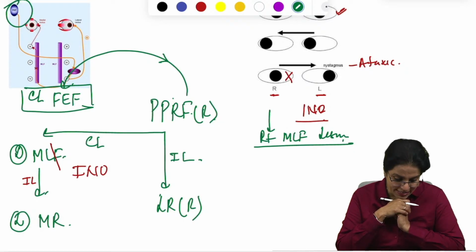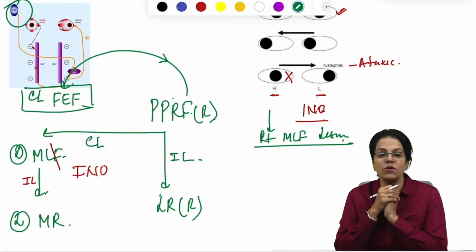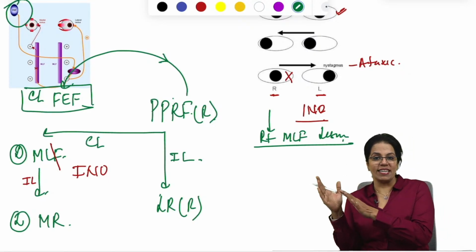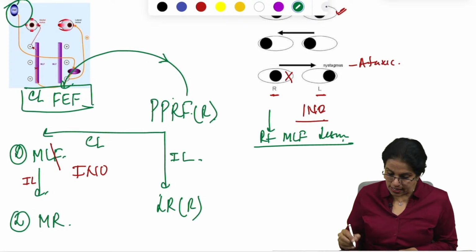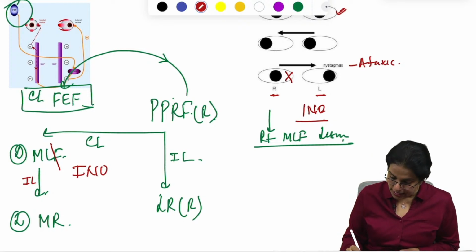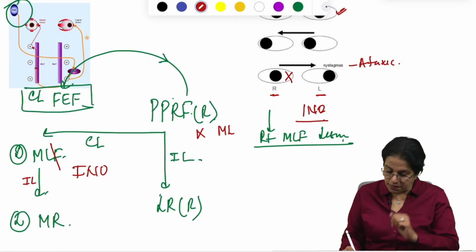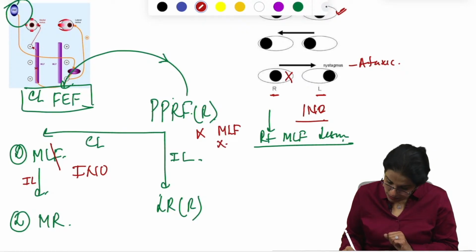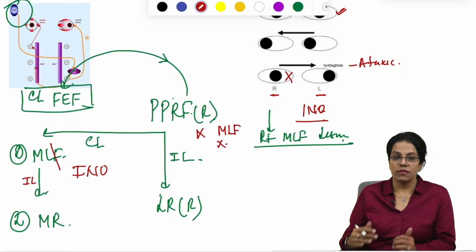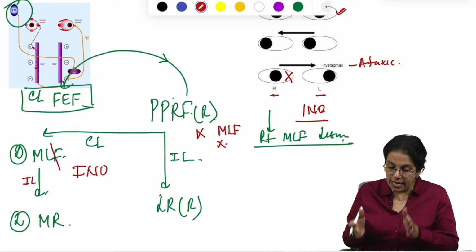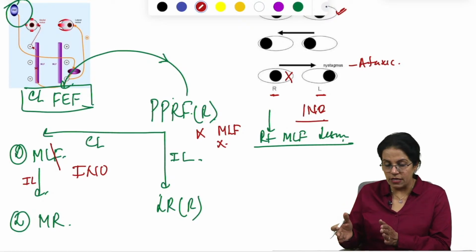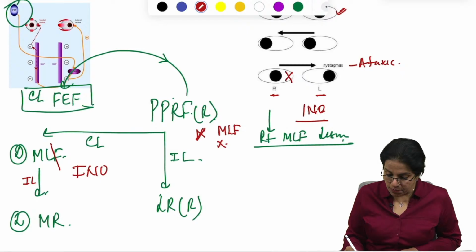What is 1.5 syndrome? When both on the same side are gone. PPRF and MLF both are gone. Just imagine in this diagram, suppose I tell you very quickly, right MLF is gone and also right PPRF is gone. Okay. So I am now explaining you 1.5 syndrome. Focus. PPRF and MLF on the same side are gone. So if right PPRF is gone,